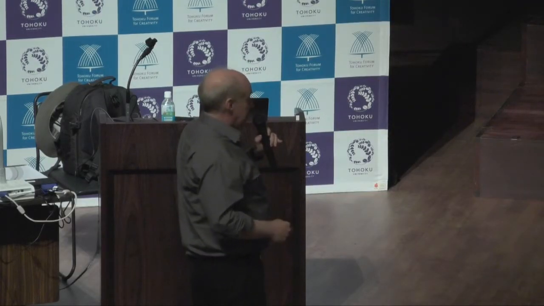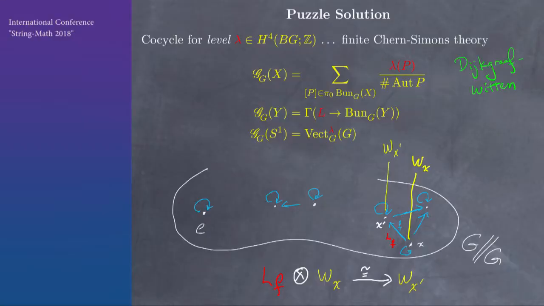And so instead of getting equivariant vector bundles, you get a kind of twisted version of an equivariant vector bundle. And that's the category that you attach to the circle, but that category could be thought of as the representations of the path groupoid. Just take the vector space on the arrows, but instead of taking the vector space on the arrows, you take the sum of these lines. So it's a twisted version of the path groupoid.